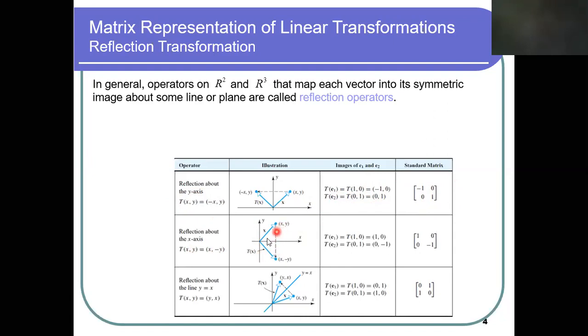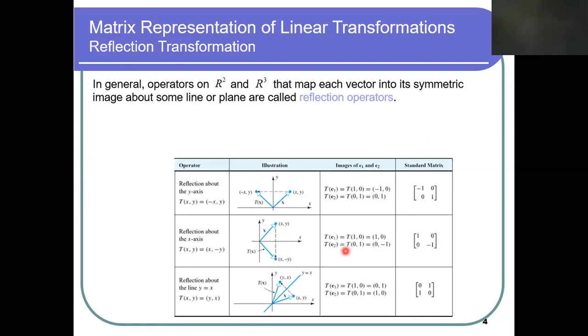If you have a point (x, y), this vector is written with bold X. It means it has vector components x and y. If you apply some transformation on this vector, which consists of the ordered pair x and y, you have reflection about the x-axis. After applying the transformation on this point, it will be (x, -y). So this is reflection about the x-axis.